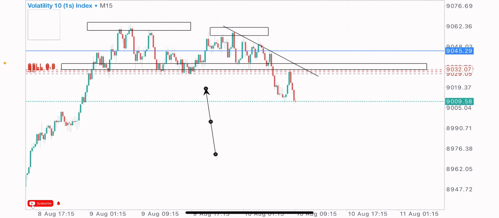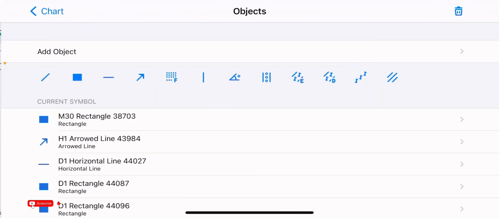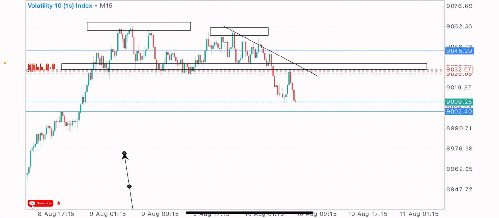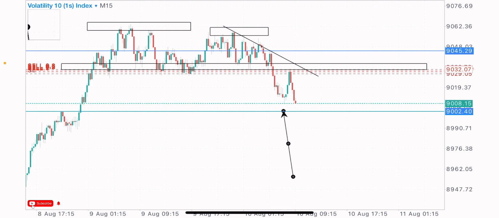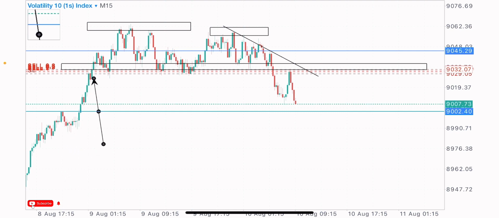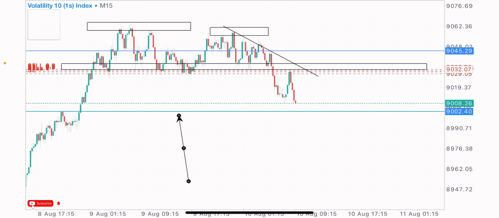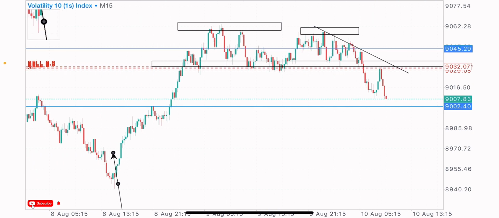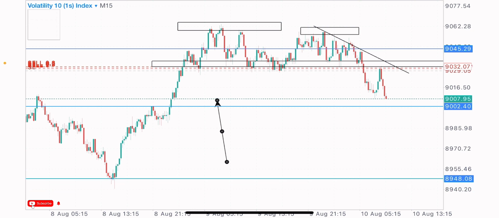I've taken partials basically, moved my stop loss below my entry. Everything is moving nicely well. My first TP is at this point. I have my first TP at this zone. So the market is approaching our first TP basically at this level of resistance. So I'm expecting market reaction at this level of resistance turned support, because the market sold from it as a resistance, broke above it. So there's a possibility of the market reacting on this level that we had a market reaction on in the past. So my first TP at that zone, my second TP at this zone basically. I'm expecting long-term sells on